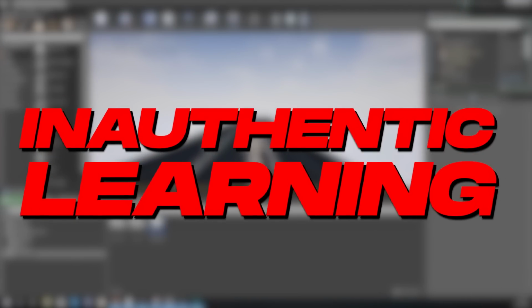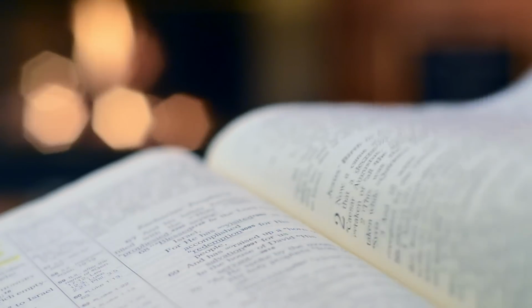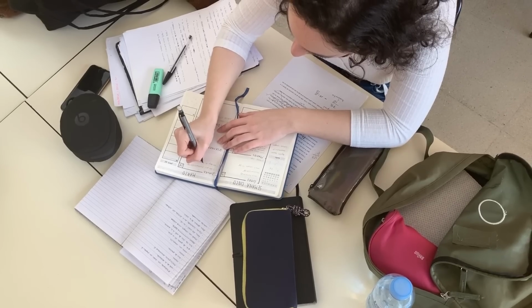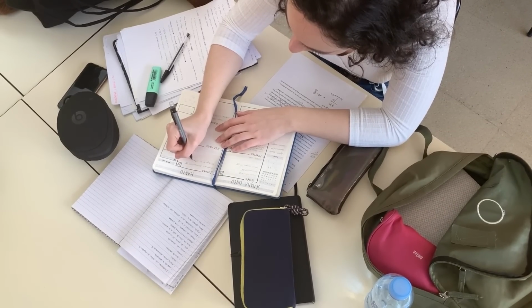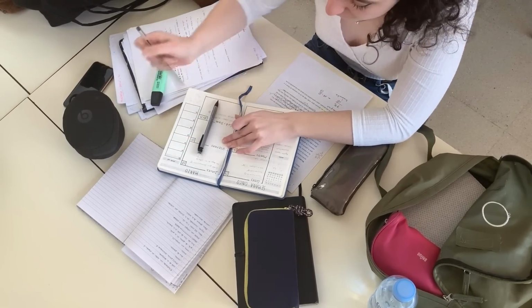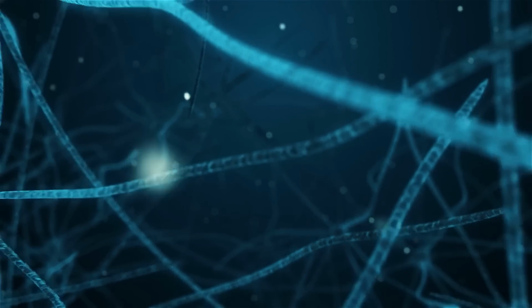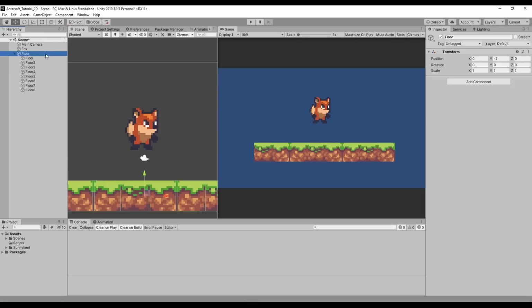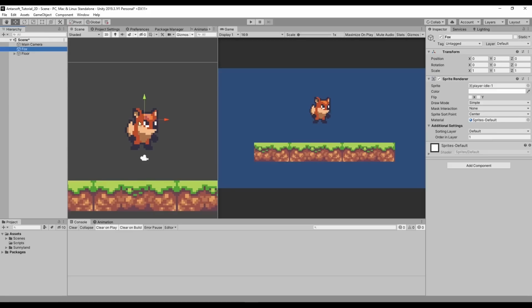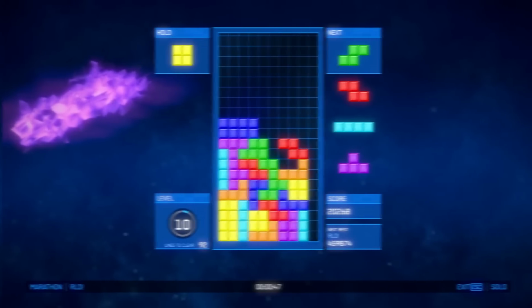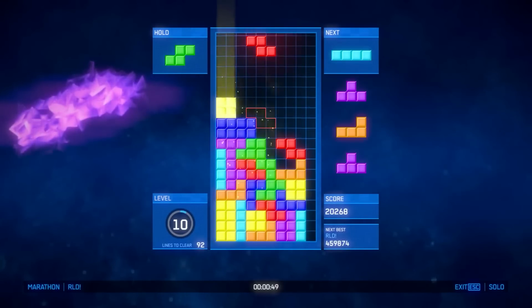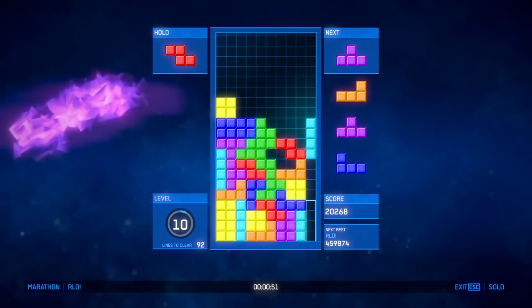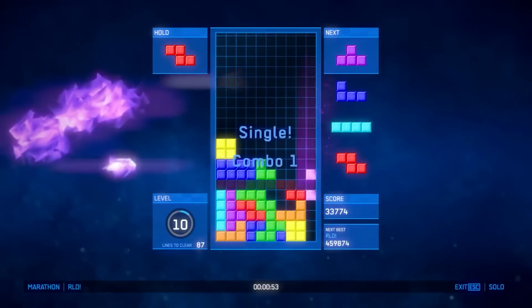An example of inauthentic learning is studying for an upcoming test. You will revise as much as you can, you hold information, but just a few days after you complete that test, you will forget 95% of the information you've read. It's the exact same here as you copy the tutorial exactly to develop your game without knowing why it was done in that way. It's like a game of Tetris. You keep stacking information on top of each other, but eventually it all comes crashing down.